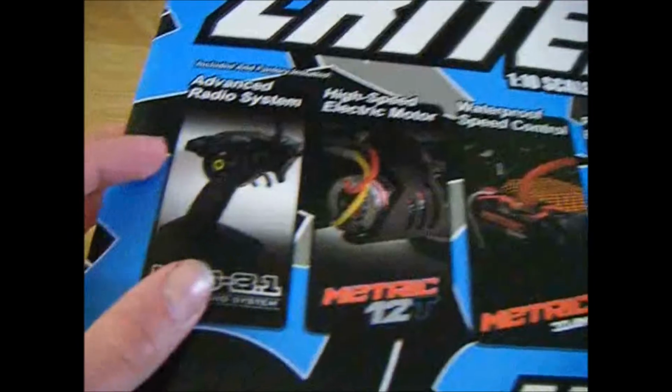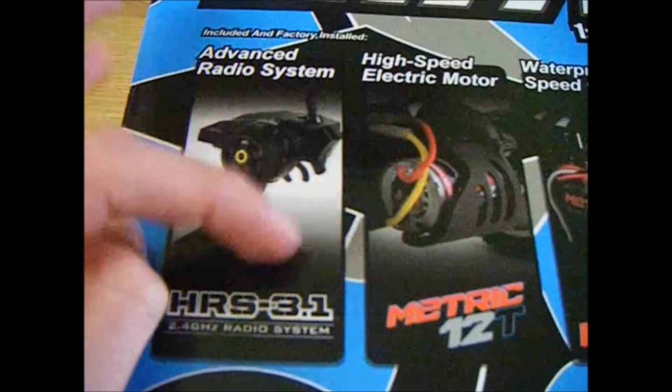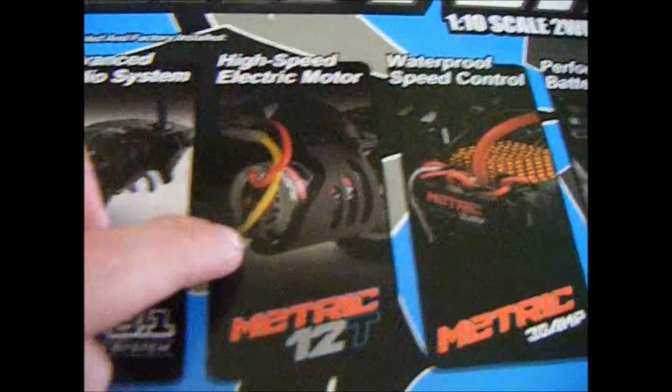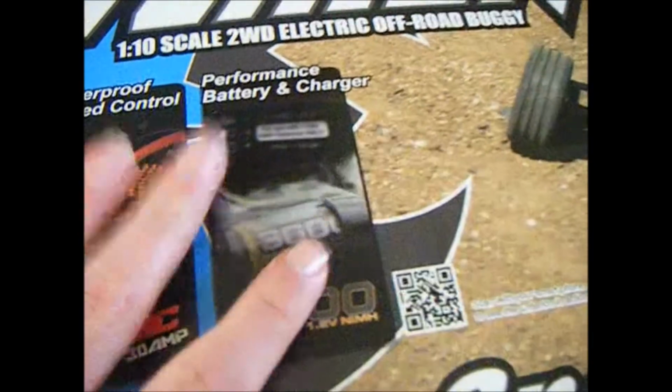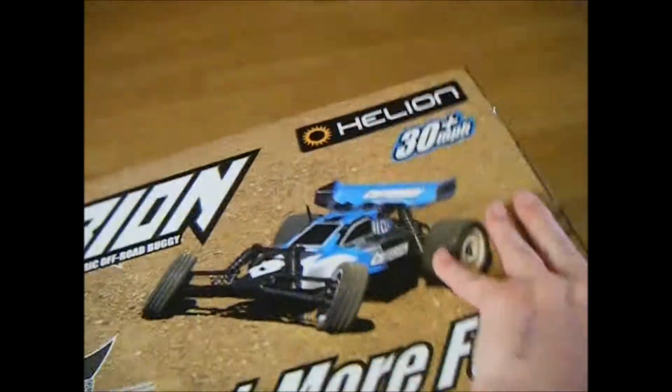And just to show you the basics on the box, we've got an advanced radio system, this is the controller, high-speed electric 12-turn motor, which helps us get that 30 mile an hour, waterproof electric inside, and a performance battery and charger. If I, well, hopefully nothing will fall out, quickly just flip this over, just to give you a